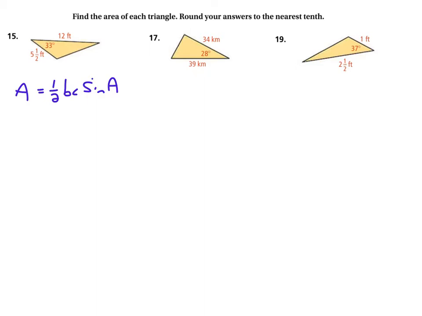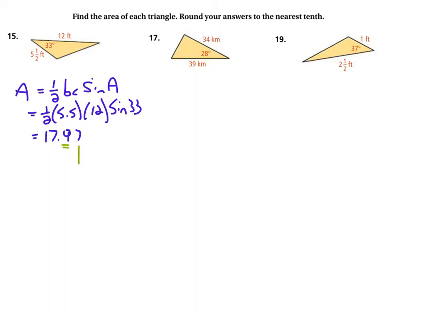Okay, so we say 1/2 times 5.5 times 12 times sine of 33 degrees. Sorry, my pen is acting a little funny. 33. Okay, and 17.97. I'm putting it out to two places because what we're going to do is we're rounding to the nearest